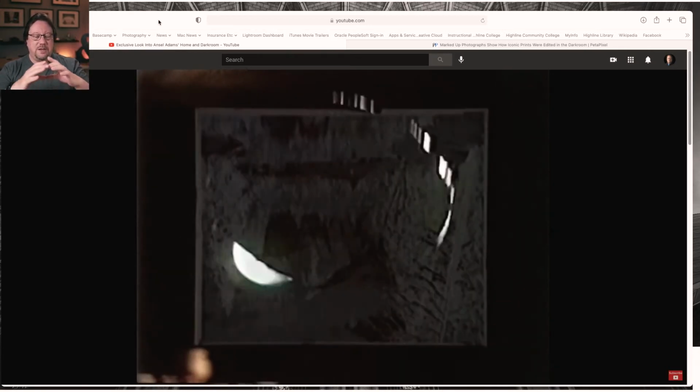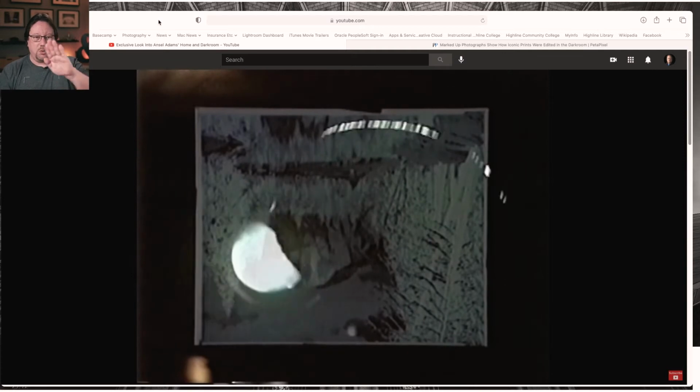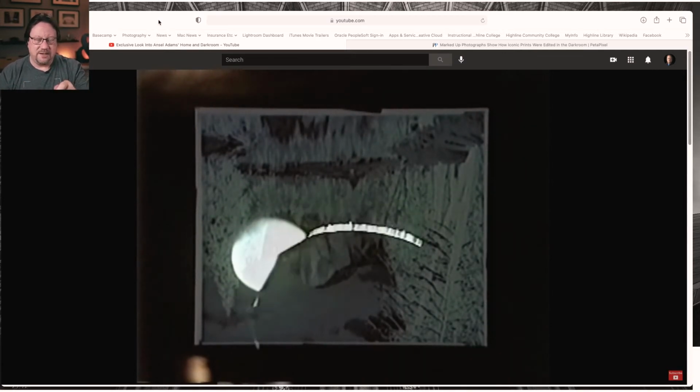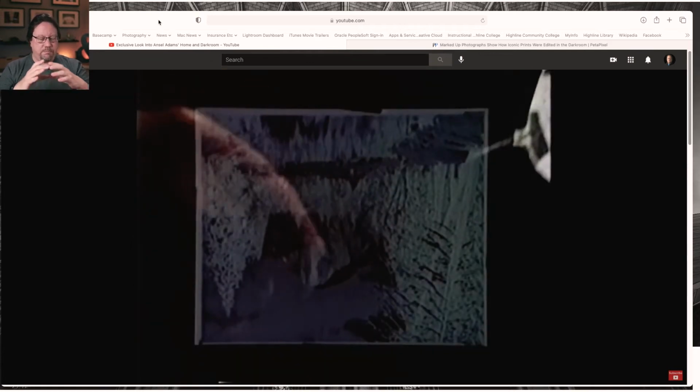So he would withhold light from a certain portion of the image with a cardboard disc attached to a stick. And then he would also do a process called burning, where he would have a piece of cardboard with a hole cut in it of various shapes and add extra light to that area so it would become darker. So that mechanical process of dancing with the print from negative to photo paper was very unique.